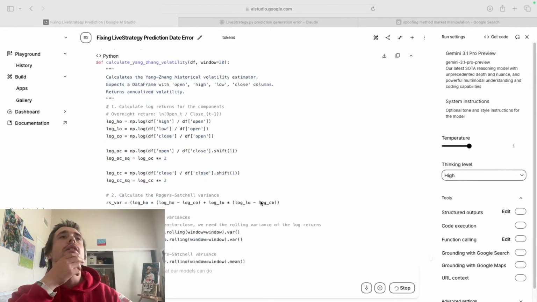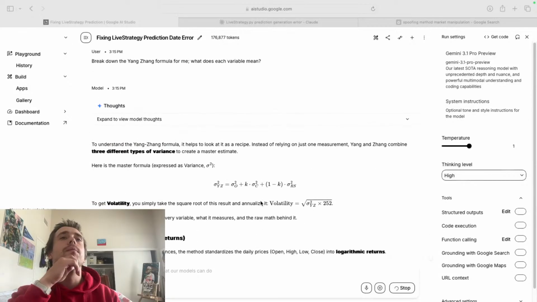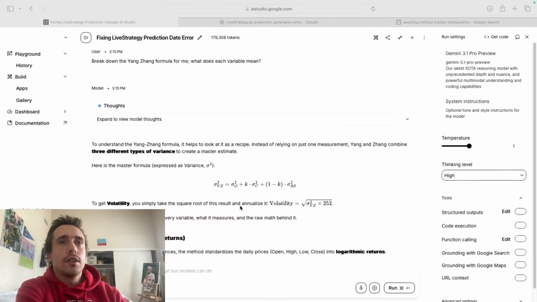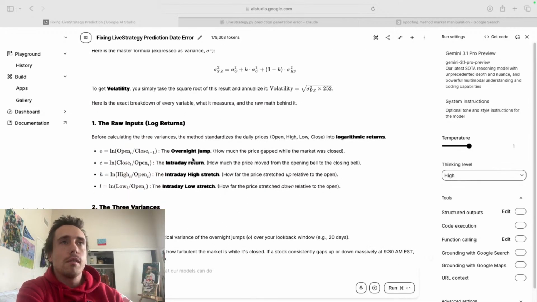So, let's see. Oh, variance. So to get volatility from variance, volatility is the square root of variance times 252, times 100. Variance of the overnight jump plus K